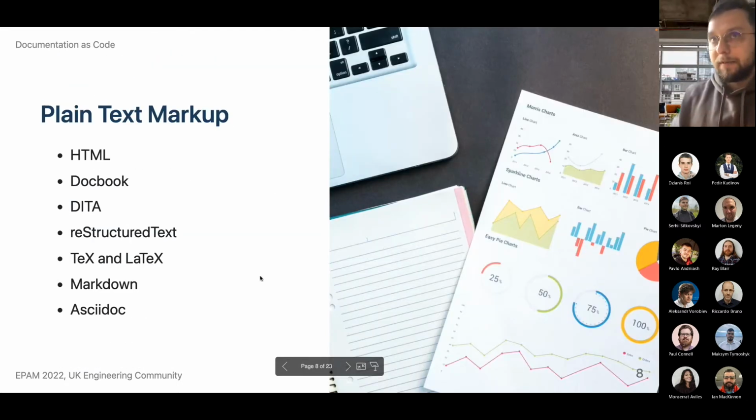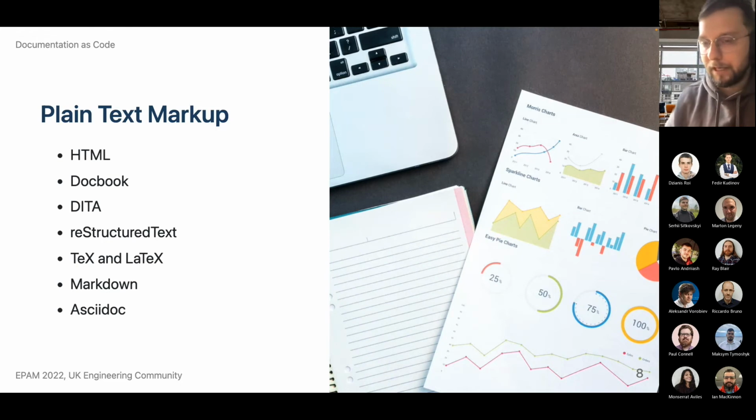Talking about plain text markups, if you remember, we have, let's say, the best markup language of all time. It is XML and HTML, because in HTML you can express almost anything you want. But maybe it is good for representation, but not so good for, let's say,